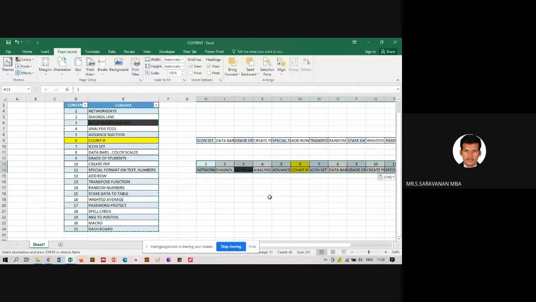See, entire content is being pasted row wise. So this is the one advantage of copying and pasting as a transpose.